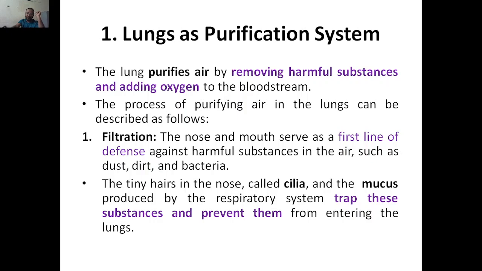Filtration, how is it happening? Through the nose and the mouth, they will serve as the first line of defense. Actually, in both the nose and the mouth we intake air, okay. So they will act as this first line of defense. That means they will